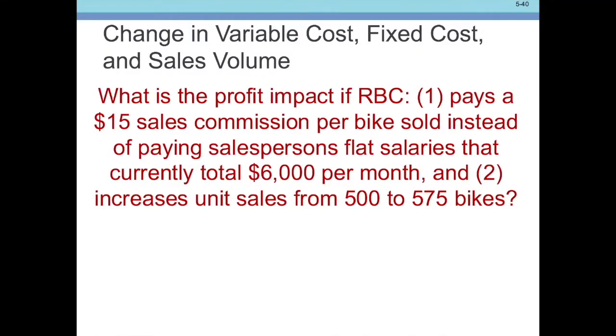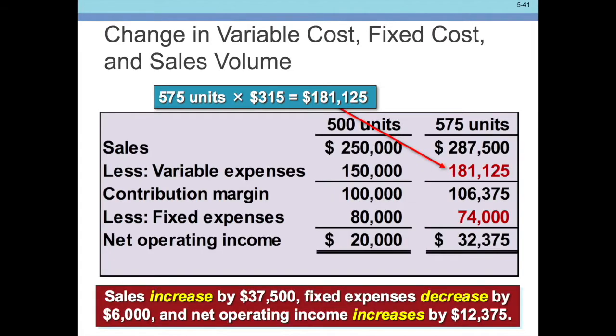So another example: what is the profit impact if RBC pays a $15 sales commission per bike sold instead of paying salespeople flat salaries at the current total of $6,000 per month, and sales increase from 500 to 575. So we just put that in the spreadsheet. If we put it in the spreadsheet and look here, we will have